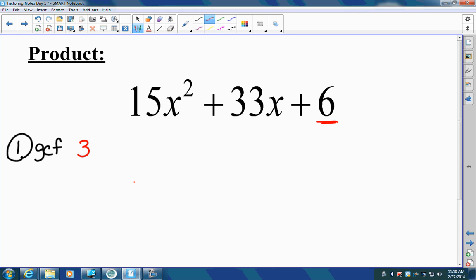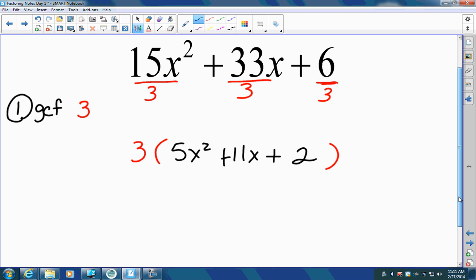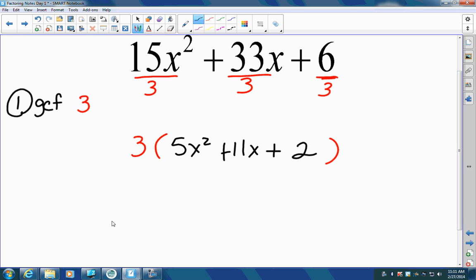So the GCF comes out, and I'm going to write what's left. So divide each term by 3. So I get 5x squared, plus 33 divided by 3 is 11, so 11x, plus 6 divided by 3, which is 2. Now, next step,